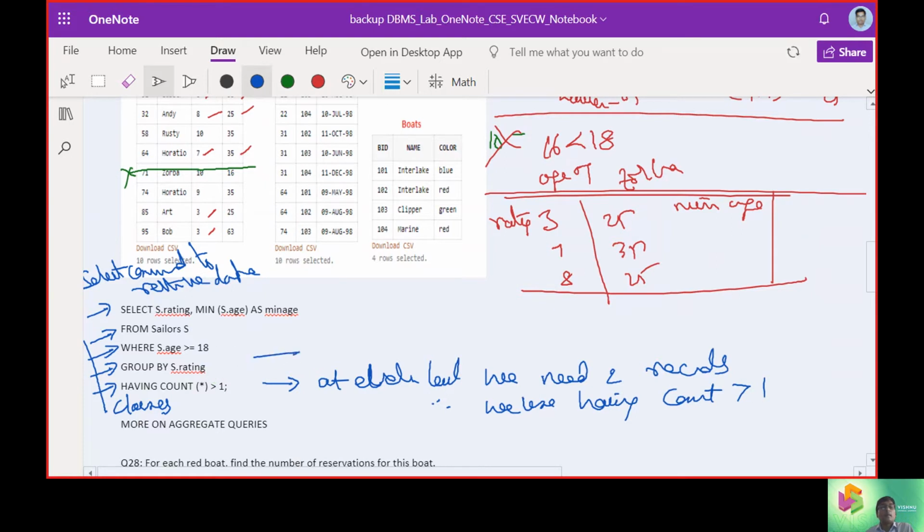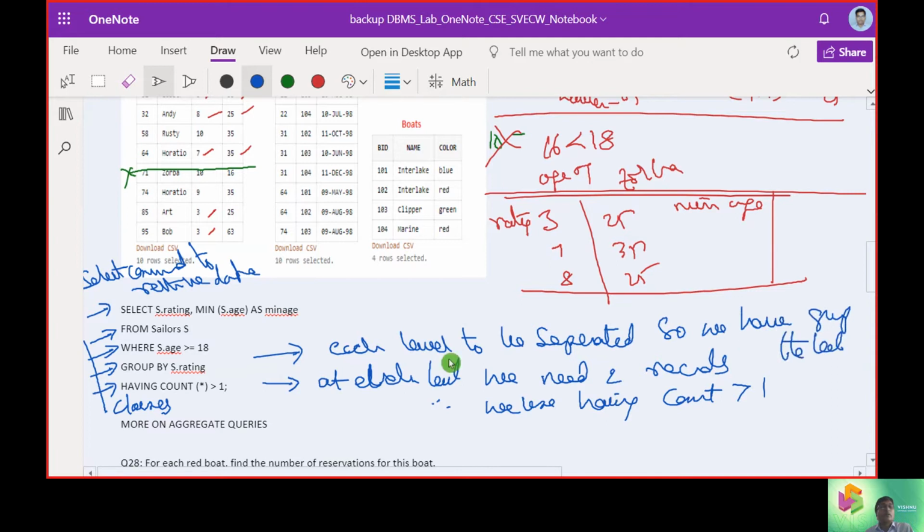Next, each level must be separated, so we have to group the levels. That's the reason we use GROUP BY.